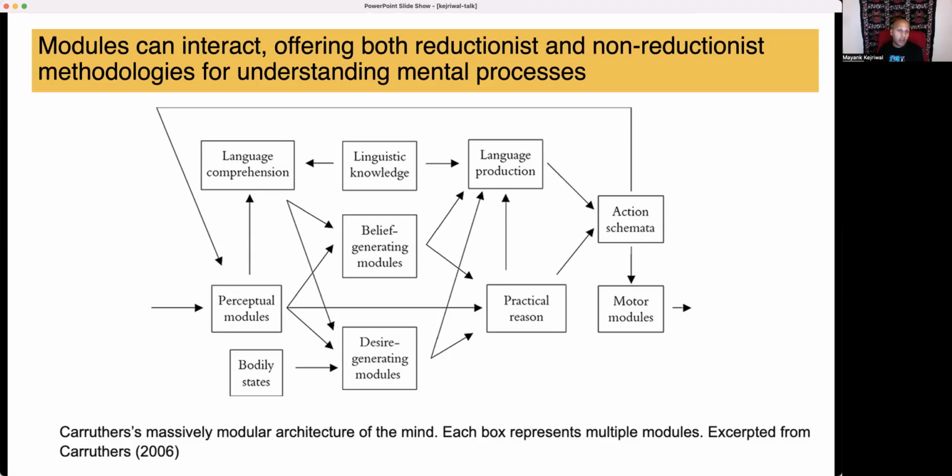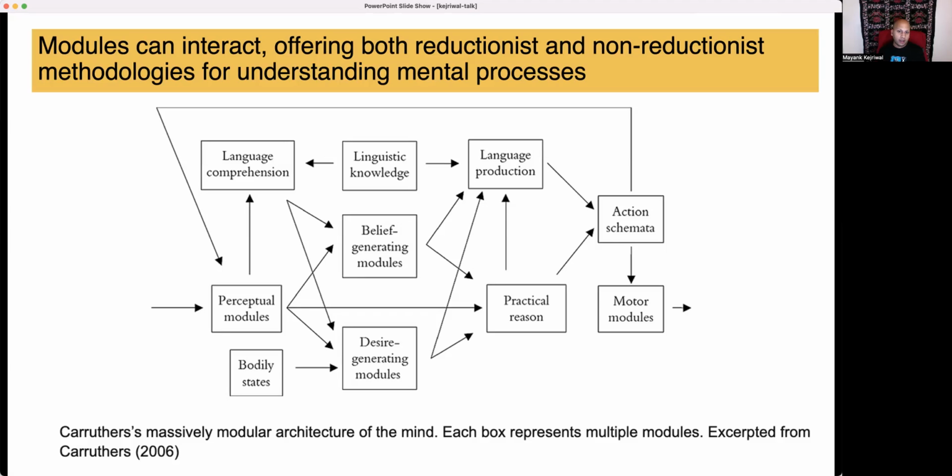So we can study language comprehension or language production in a way, kind of isolated from the other modules. And indeed, this is what a lot of cognitive science research seems to have done. But there is also, I believe, looking at recent papers, growing recognition that we can take a complex systems approach, which is essentially non-reductionist, that can look at sets of interacting modules or even a massively modular architecture, rather than one module at a time.